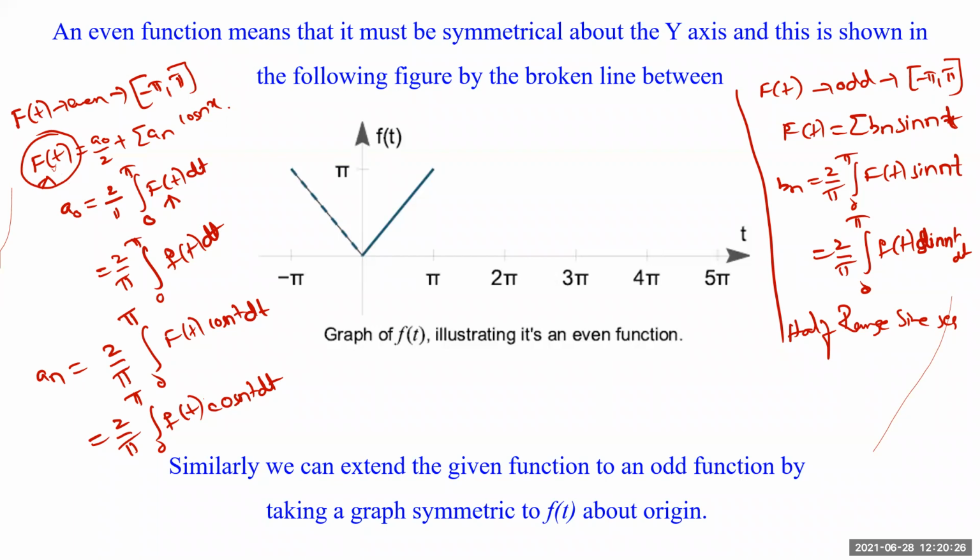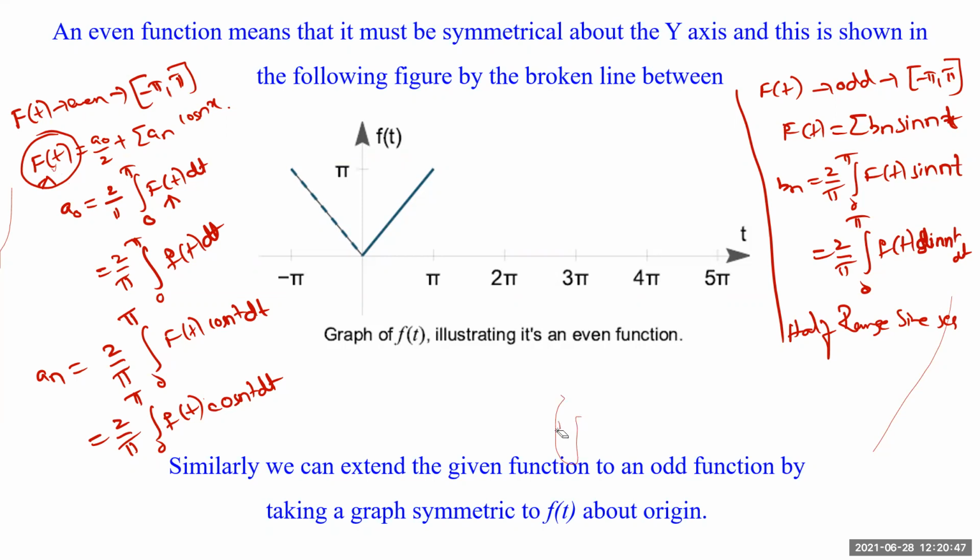Okay, that depends on whether you are extending it to an even function or an odd function. But still the question remains, how can we extend that? Understand the idea behind this. When you are using these formulae, when you extend that function as capital F of t,